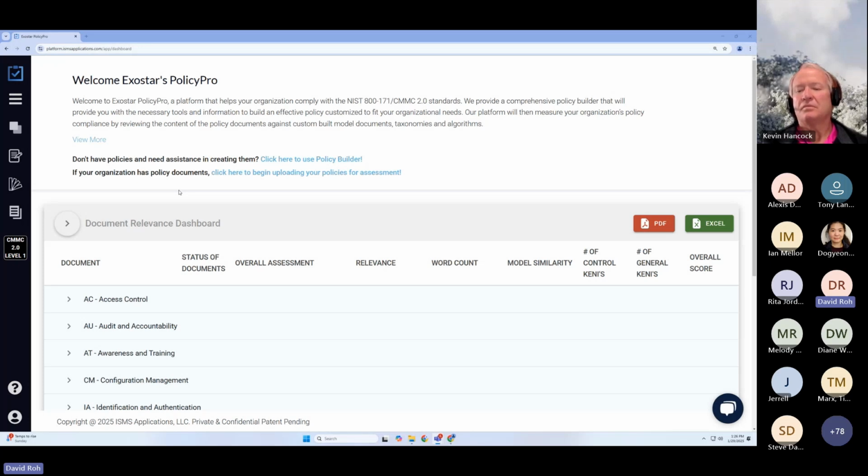And for organizations that might be further along, maybe you already have all of your existing policies in place, it's still a great idea to ensure that you're covering everything you need to cover and that there are no gaps in your policy. You can do that through our policy assessment tool. The combination of those two features will ensure that when the time comes for those audits, for those C3PAOs to check your